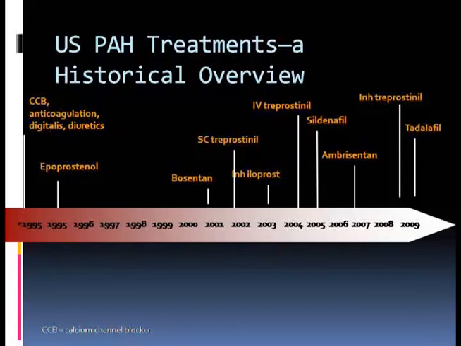Now, pulmonary hypertension, pulmonary arterial hypertension, can be idiopathic, or it can come associated with HIV, with connective tissue disorders, with liver disease. So we do have these patients with portal pulmonary hypertension. If you are encephalopathic and you forget to do your medication, you'll die from that reason. So it's not only a medical decision, it's also a social decision that we have to make when we decide to treat this patient.